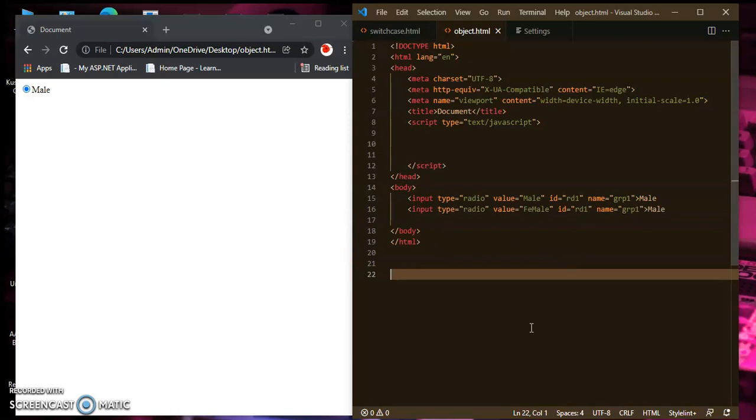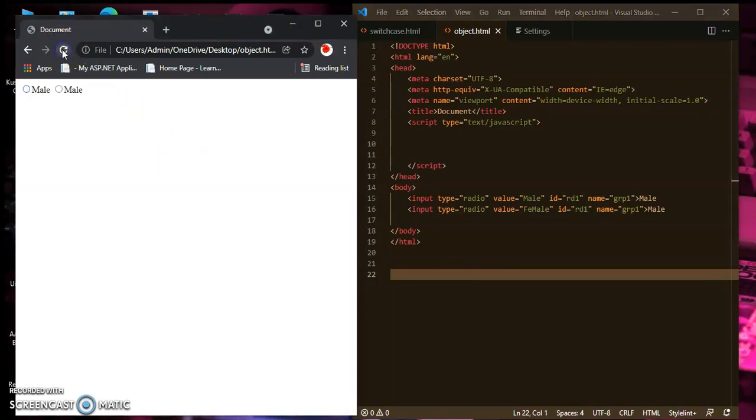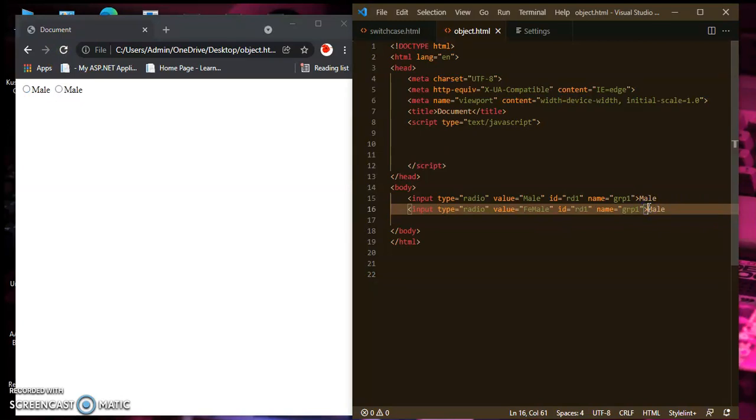Let's see, I save this and refresh it here. Plus I write here female and place a br tag here so that we can separate it. Control S, refresh this page.